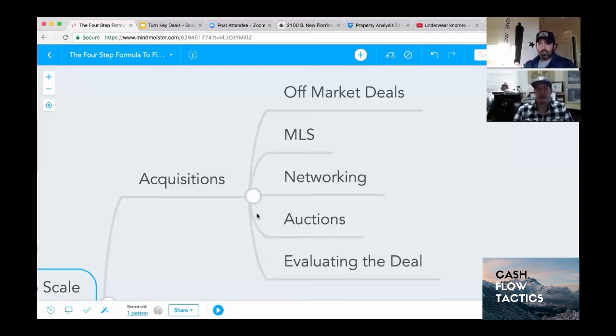If you do want to find deals, let people know you're looking for them. But they'll send you all their crappy stuff. Trust me, you're going to weed through a lot of junk if you're networking for deals. And then auctions make a great system, but that's another full-time job, and you've got